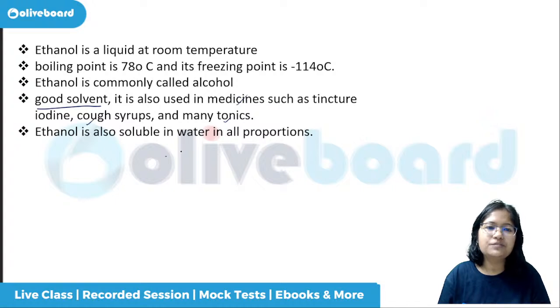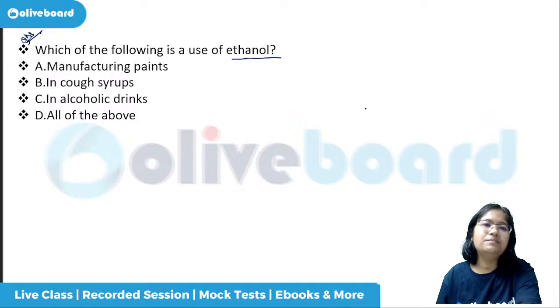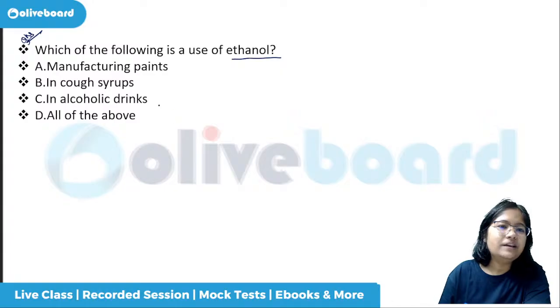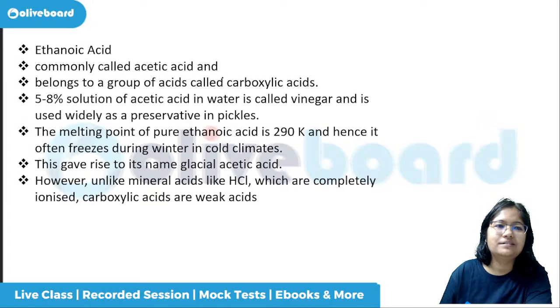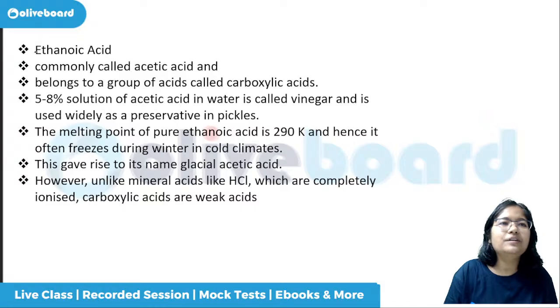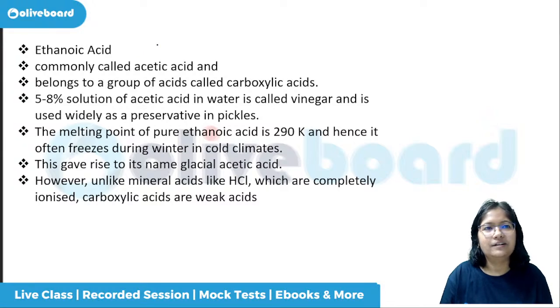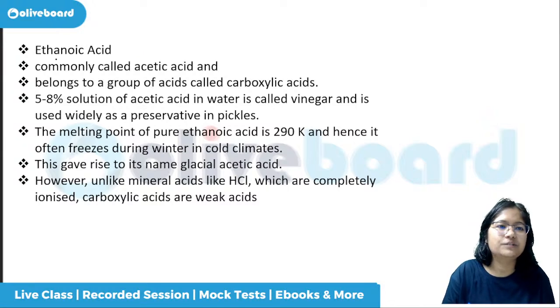For the purpose of solubility, it is used. If something is getting hardened, it can be mixed. As a tincture, it can be used. So it can be used for these purposes. Okay. So at least if you are sure that B and C can be used, that means how to tick one option after knowing that B and C can be used, right? So even if you're not sure about manufacturing of paints and you're sure that B and C are correct, that means you can tick that, okay, now I have to tick all of these only.